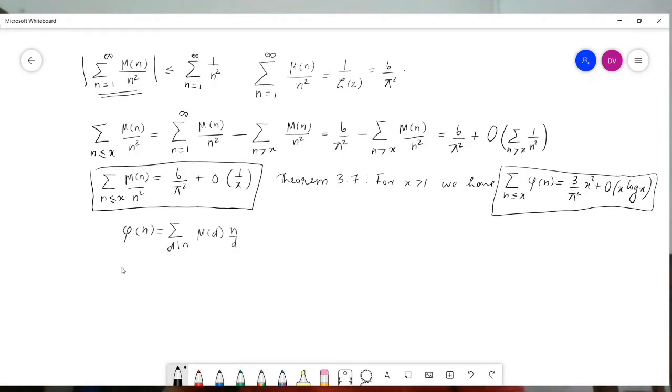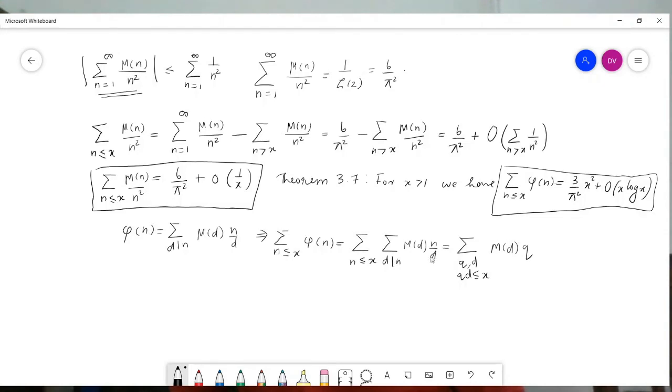So by taking the partial sum, this implies sigma n less than or equal to x, phi of n can be written as the summation n less than or equal to x, summation d divides n of mu of d times n by d, and we have already seen that this can be translated to the sum over q comma d with qd less than or equal to x of mu of d q, because this n by d is a divisor, and the corresponding divisor is n by d. N by d can be replaced by this q.